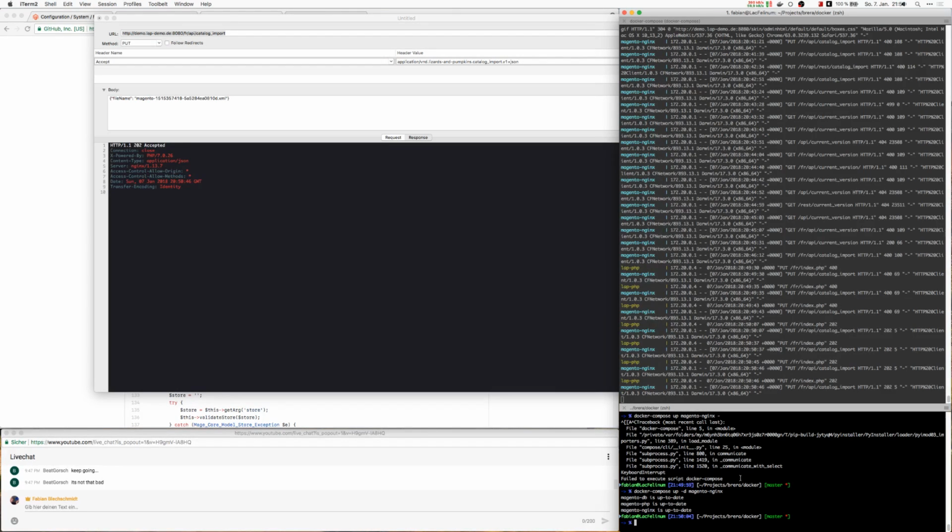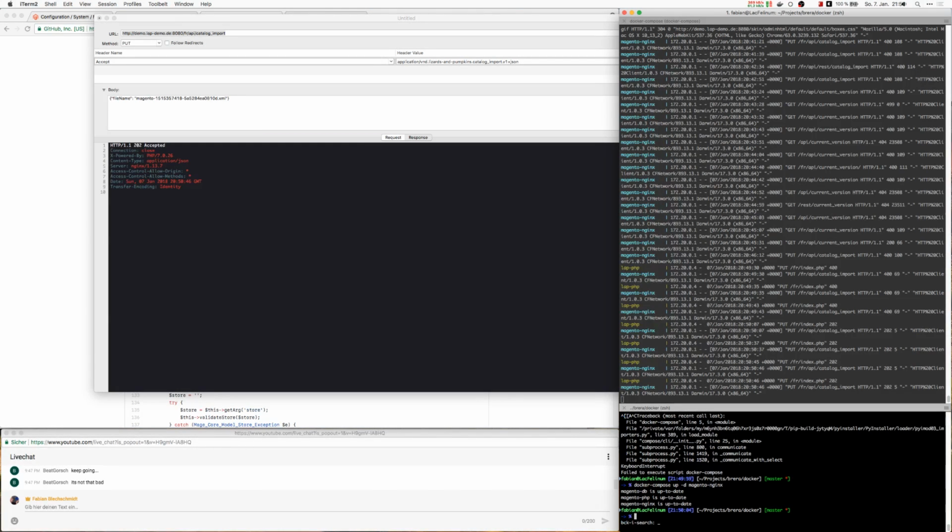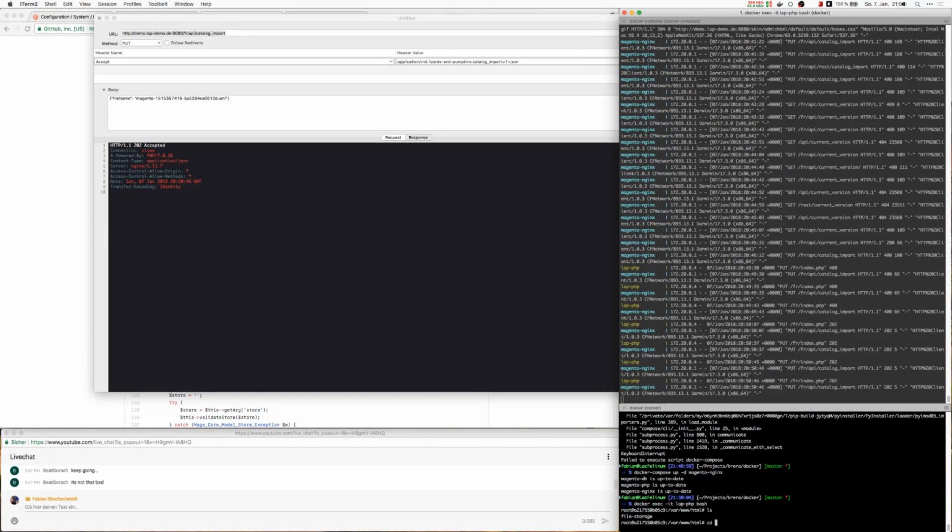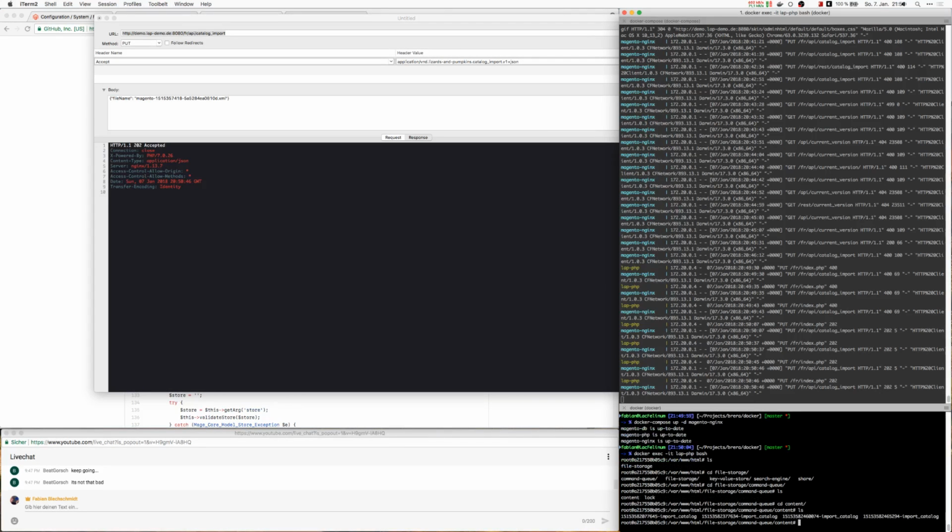Still in the window. When we look now in the file storage queue, in the event queue, no, command queue, there should be one. Oh, there are even more import catalogs. So all these catalogs should be imported now, which is totally cool. And if we are running